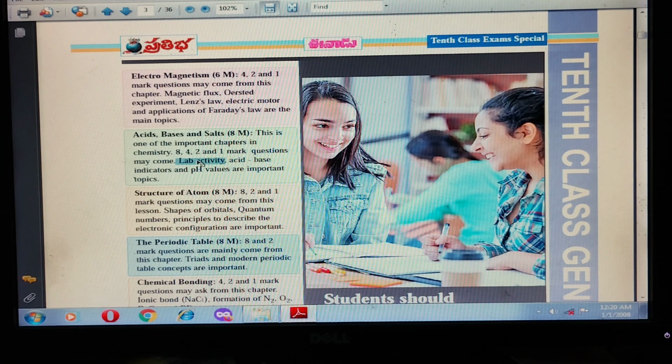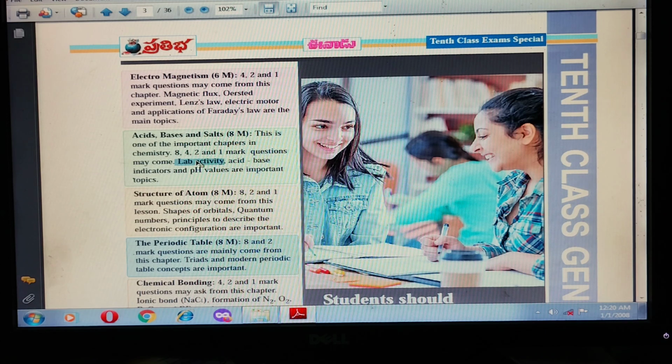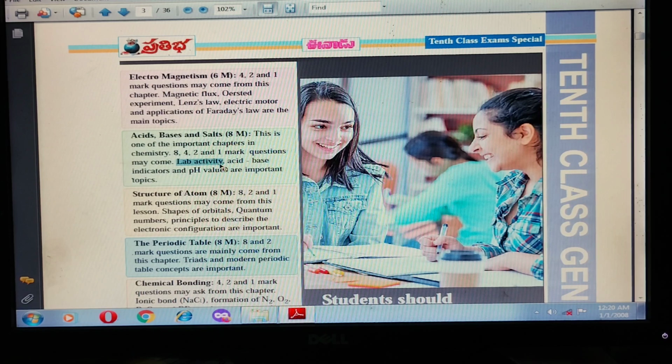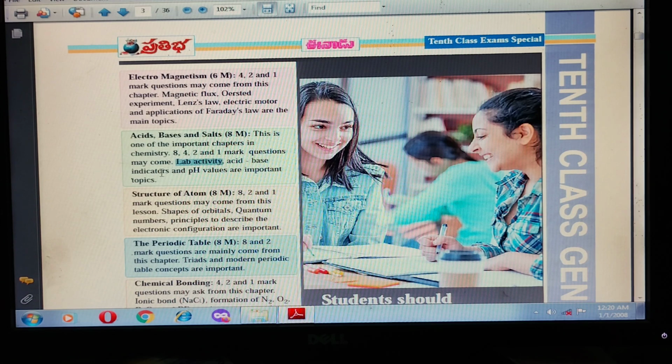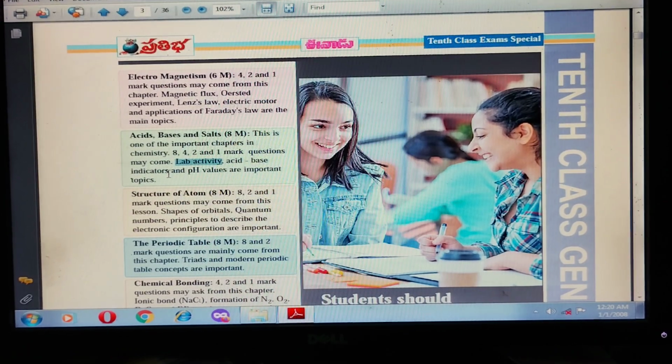And in the TQ questions we have two questions, that is, what is water of crystallization, and explain with the help of an example with activity. You should learn those questions. And one more question is there: glucose, alcohol, HCl and H2SO4. Among those four solutions, in which solution will the bulb glow? That question is very, very important. And acid-base indicators, that is red litmus, blue litmus, phenolphthalein, methyl orange, these kinds of indicators, students have to focus on the change in their color.